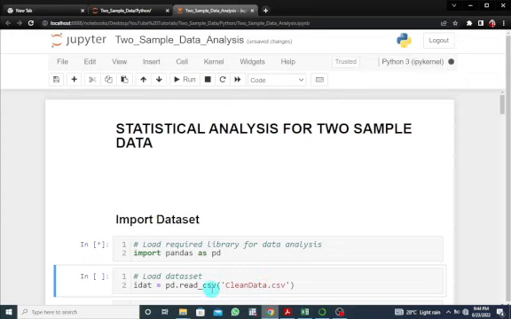This is the function that I have to use, and the name of the data should be in quotes. Okay, so clean data.csv. I'm going to leave this data file in the description of the video so that you can also download it. And you have to ensure that this data file is in the same folder where you have your Python source file or script file,